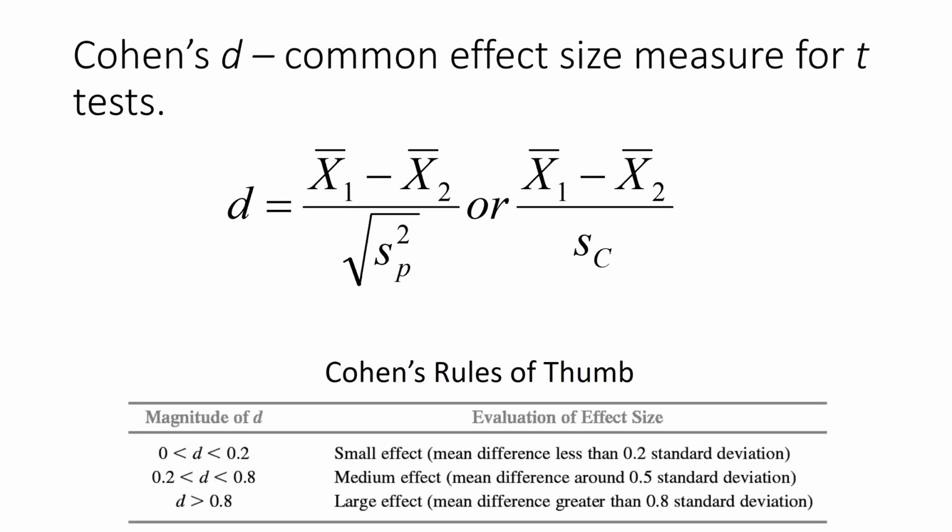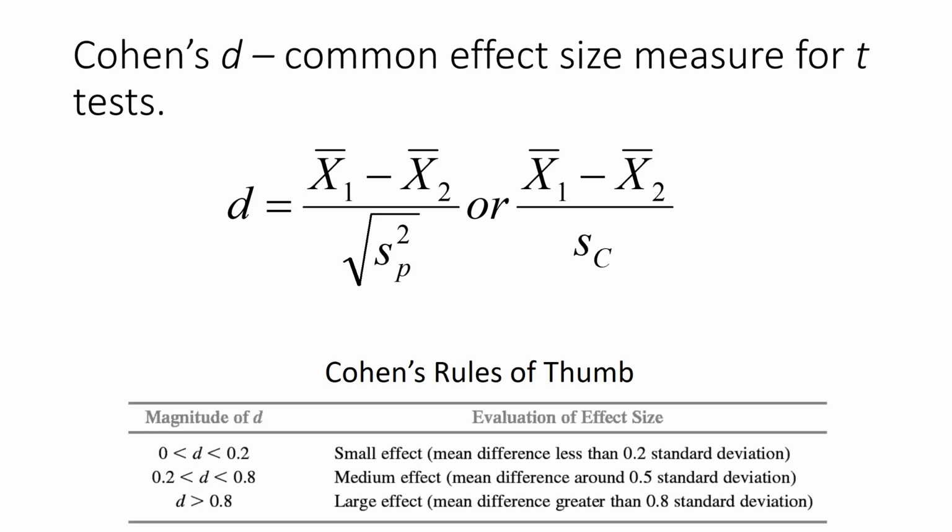The null hypothesis significance test only tells you, is the difference beyond the bounds of chance alone, beyond your alpha set bounds of chance alone? It does not tell you, if it is unlikely due to chance, how big is it? So we use something called Cohen's D